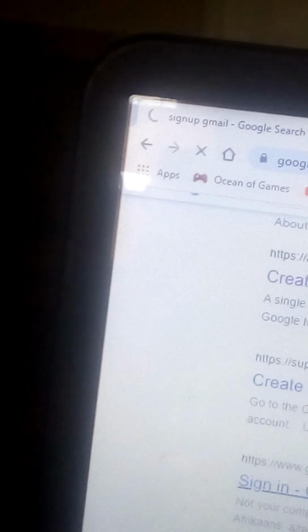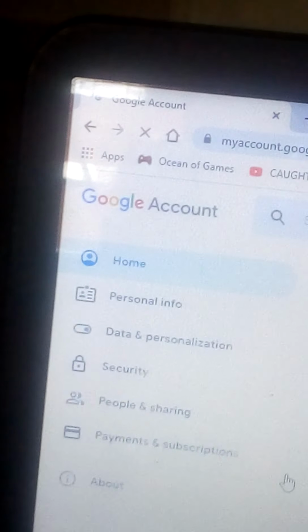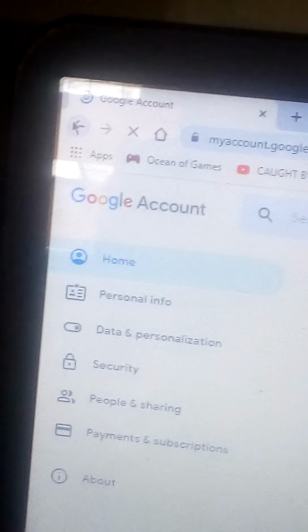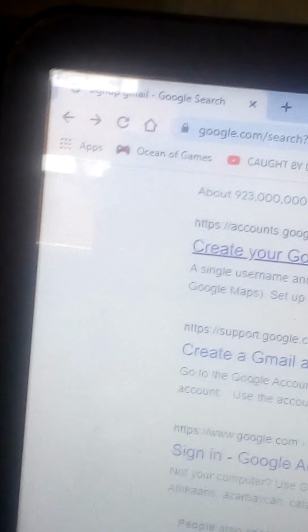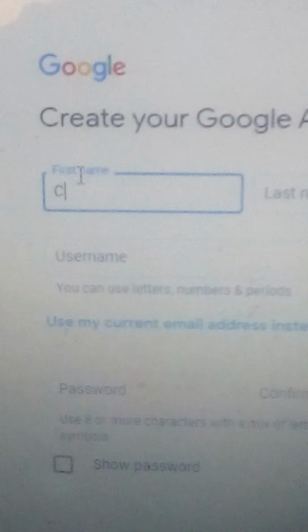Click on this. No, not this. Need to click on this one rather. Yeah, click on this one rather. It will ask for your information. For information, first name. First name is